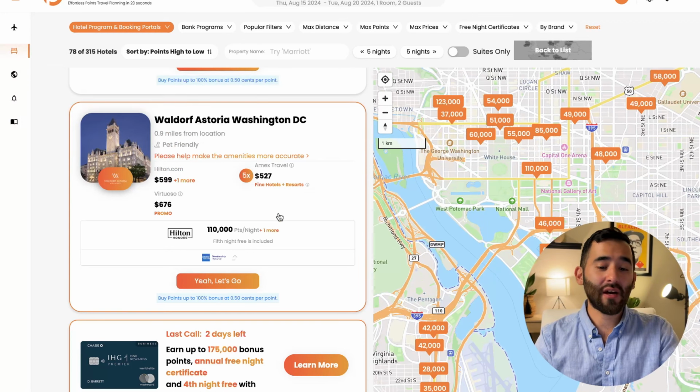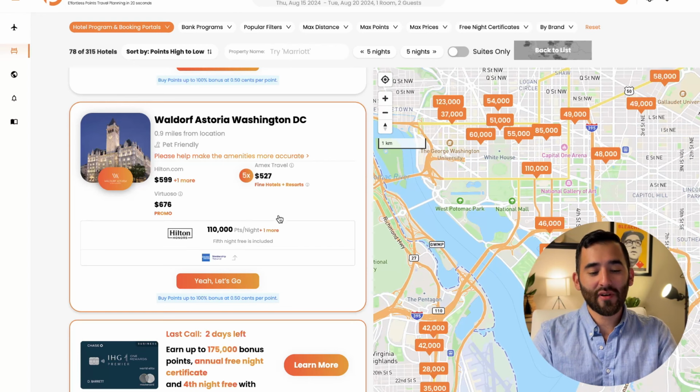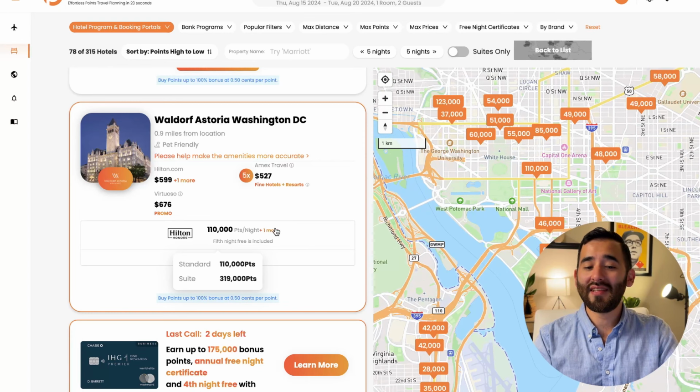It gives you points per night no matter what program you're searching for. And that's something I love, because sometimes Marriott on their website will give you the points price for the entire stay, which for some reason I just like the points per night, and that's what this does for you. And it automatically includes the 5th night free or the 4th night free for IHG. So you simply take this price and multiply it by the number of nights you're staying, and that'll be